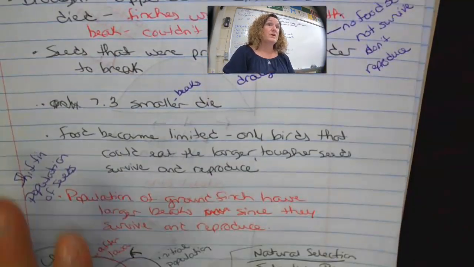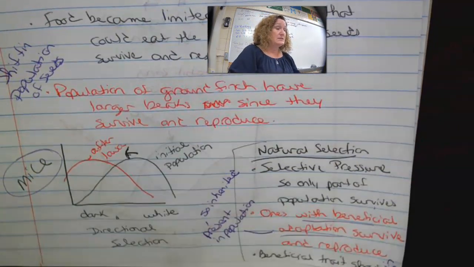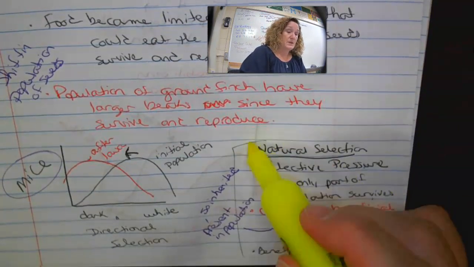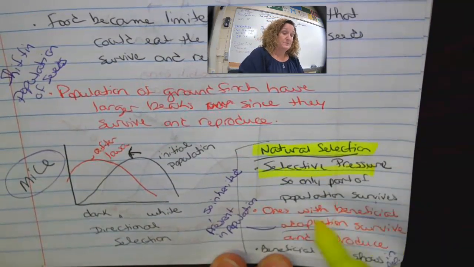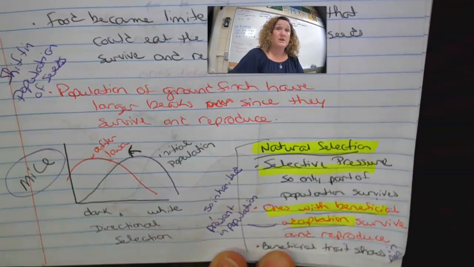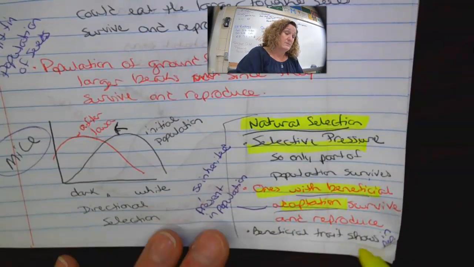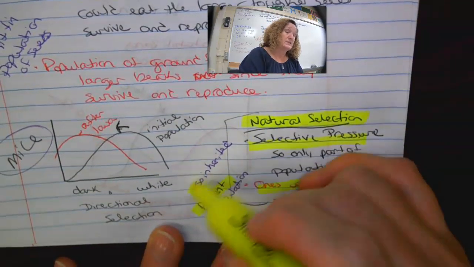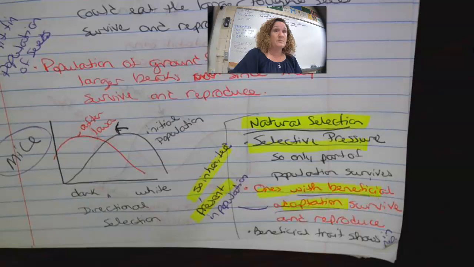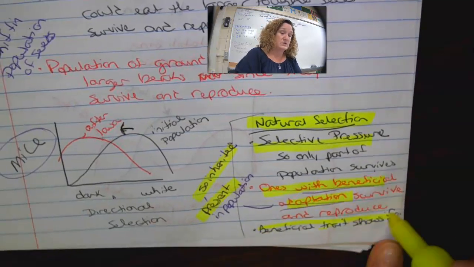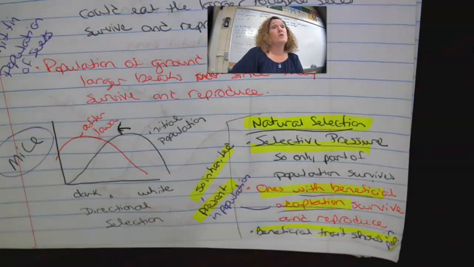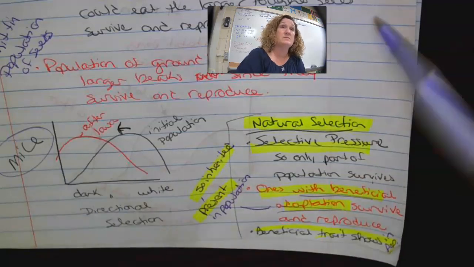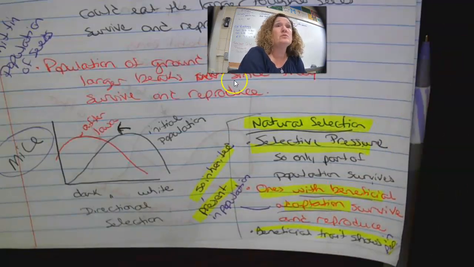Okay? So really what I want you to think about as you're working through writing your explanations today is this idea of natural selection. Okay? And this idea that there's really these 4 key parts. There's a selective pressure, the ones that have the beneficial adaptation survive, that it has to be present, and it's inherited. Okay? So that beneficial trait is what's going to show up in a population because there's a benefit to having it over another trait. And so we see these different types of shifts. All right? So you're going to use that information